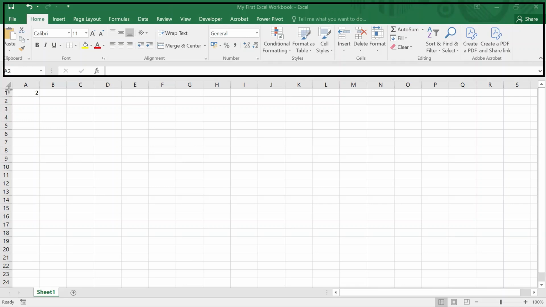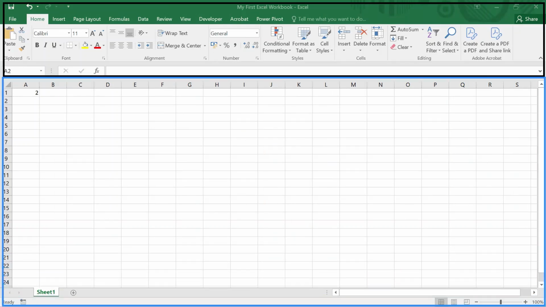And the second part is your sheet. So from here till the entire area below the ribbon is your sheet part. So let me explain the ribbon part first.